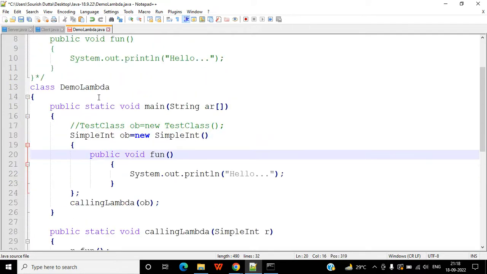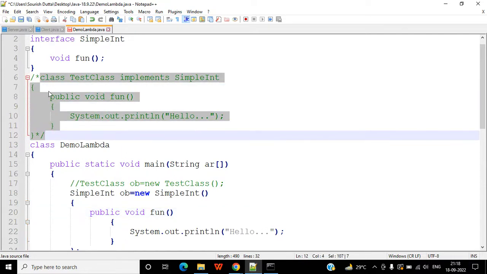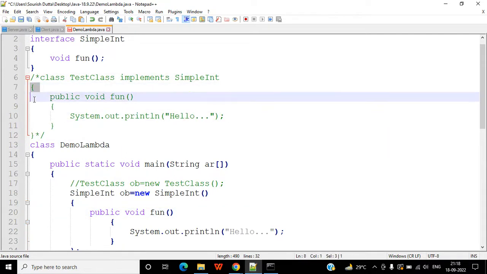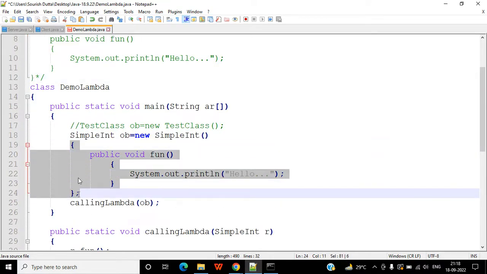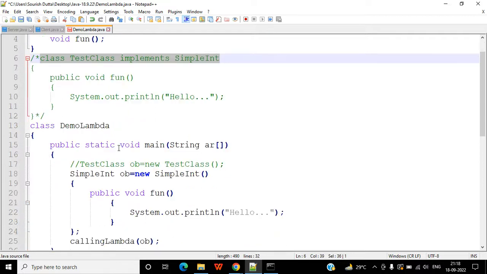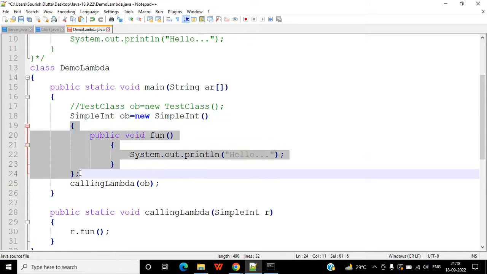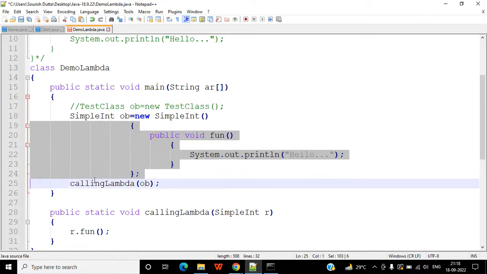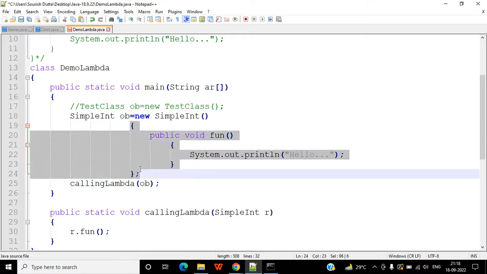See here, this is the class, na? This is the complete class. What we missed, we write this part, complete this part we write here. We just do not write this line. In place of that we are just writing new simple int. So this will dynamically create an object from this class, and this class does